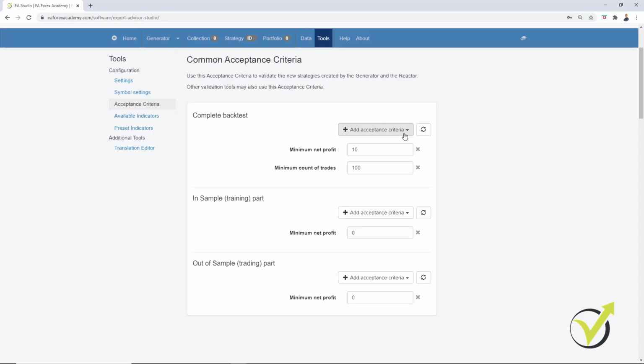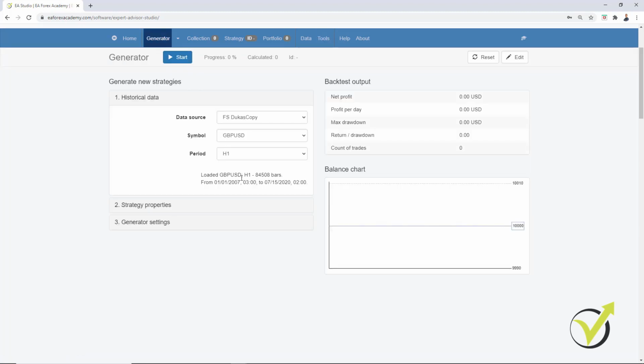Usually I go with a minimum count of trades every time, a minimum of 300, or even more, I go to 500. What I said in the previous lecture is that the more trades we have, the more robust the strategy will be. Because if we have the event of entry rule and exit rule many times, like 500 times for these 5 years of historical data, it means that this strategy executed many trades, and it's a strategy that we can rely on.